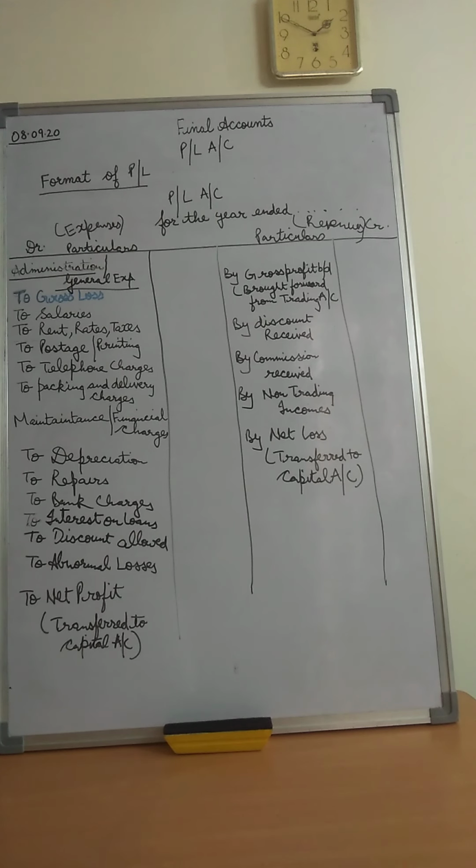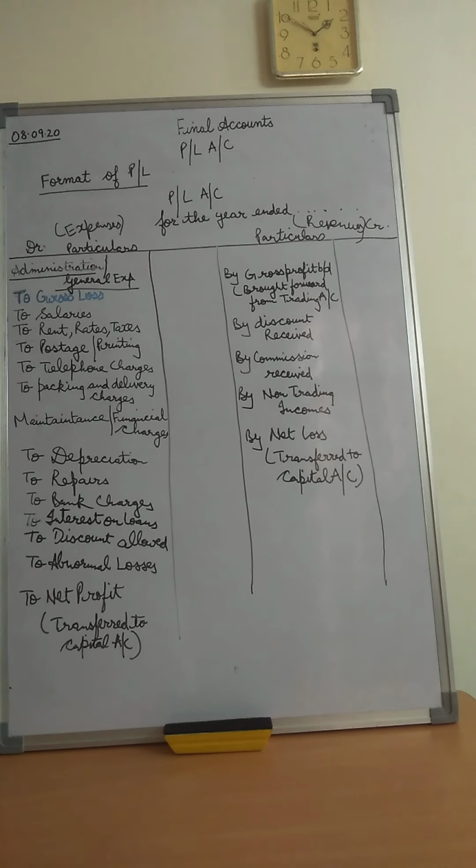So children, we have discussed the debit side of the P&L account. All the outstanding expenses, children, are added, and all the expenses which are paid in advance, that is the prepaid expenses, are deducted from the expenses. Kindly note that all the outstanding expenses are added. If it is mentioned outstanding rent, we would add it in rent. But if it is mentioned prepaid rent, then we would deduct it from that particular expense.